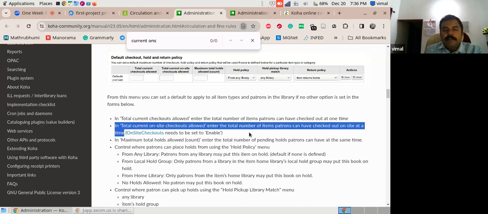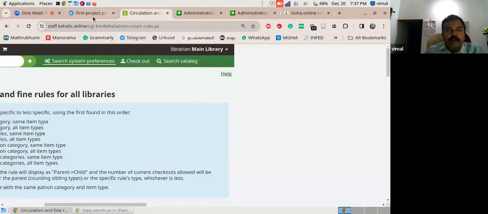I think this is for total current on-site checkout allowed. Enter the total number of items. That is, I forgot it actually. Actually, I think this is for